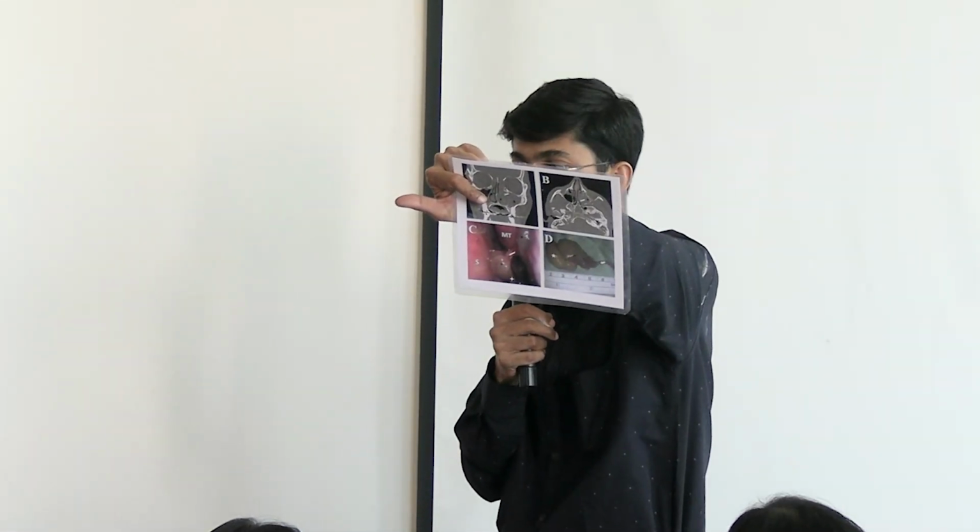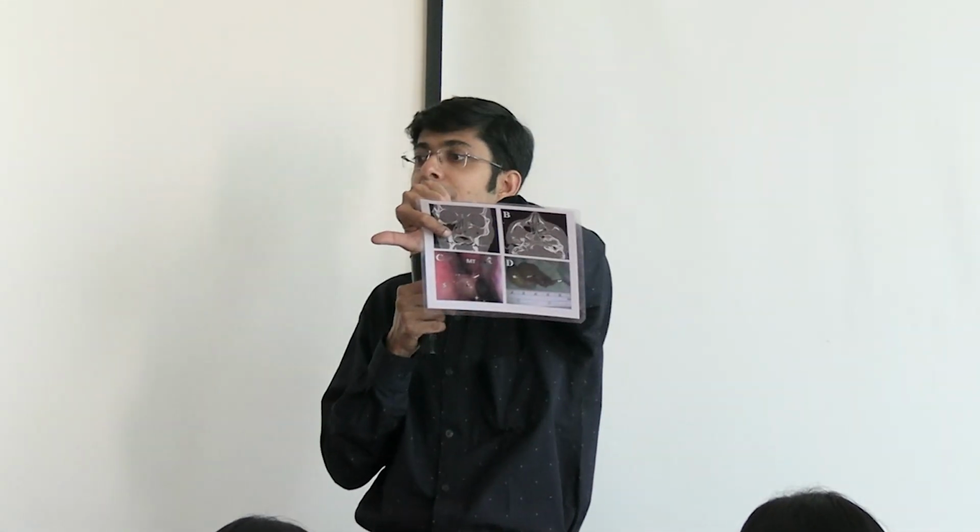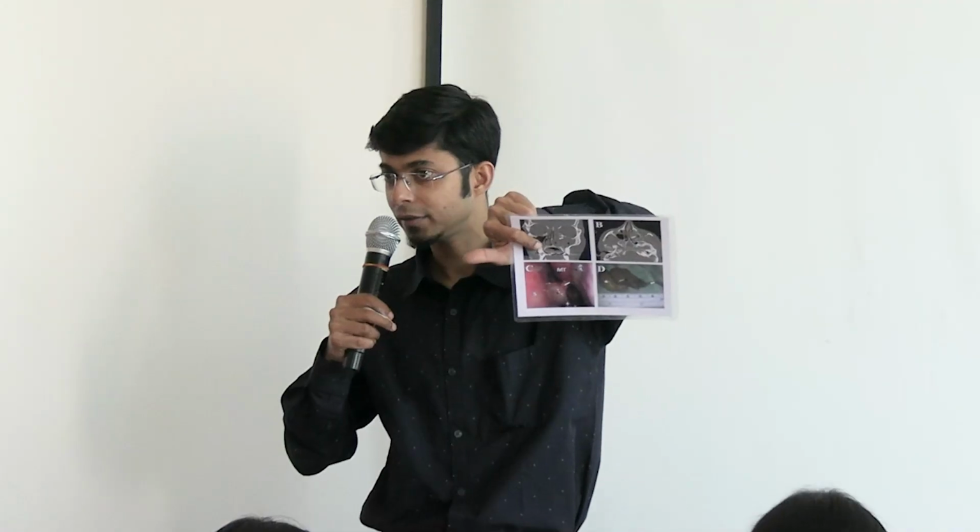If you see closely, there is one arrow which indicates the maxillary ostium, which is widened. When the polyp is coming out of the ostium, it widens the ostium, pressing and pushing out, making the space bigger. And on this side there is a little obstruction, but you see the pathway, it comes out from here. It's a unilateral disease involving the left maxillary antrum and coming to the left nasal cavity, and also part of the ethmoid cells.